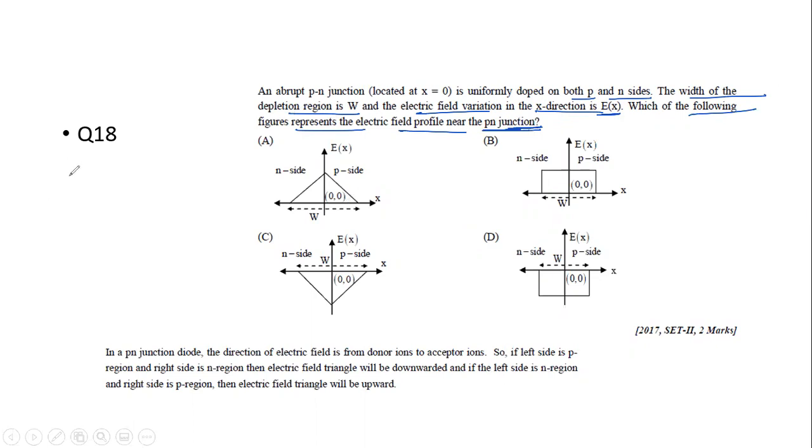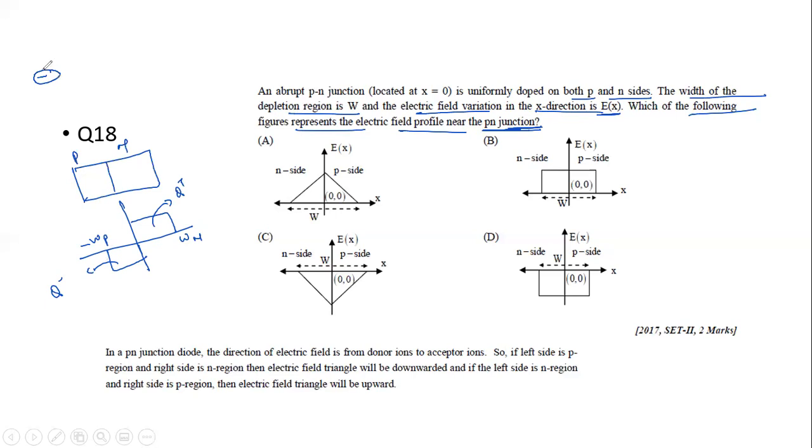My dear students, if this is your PN junction, then for the charge concentration, this is your positive charge and this is your negative charge. This is minus Wp, this is Wn. This is the positive charge Q, and this is the negative charge Q, the static ion charge. Why? Because in the p-type semiconductor, the static ion is negative and the movable ion is positive. For the n-type semiconductor, the static ion is positive and the movable ion is negative, right? So the direction of electric field starts from the N region and goes to the P region. This is the direction of electric field.